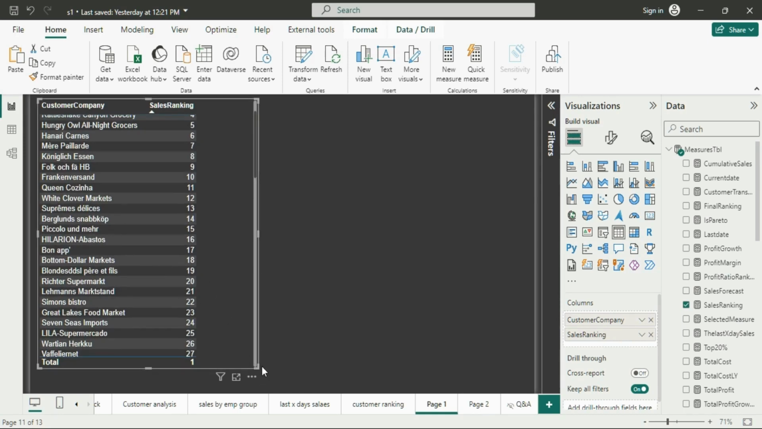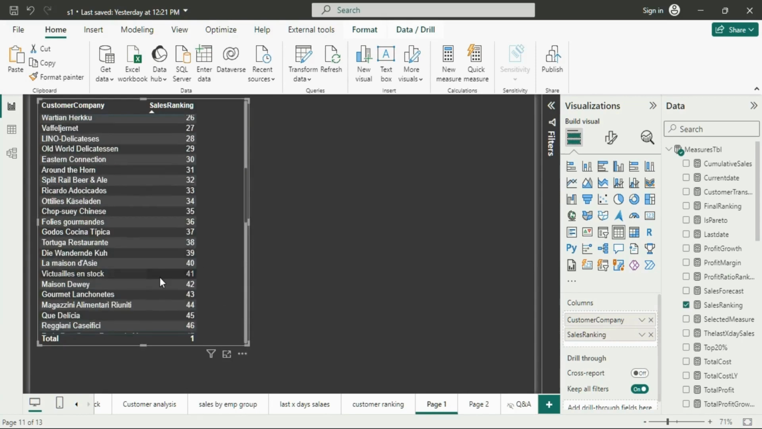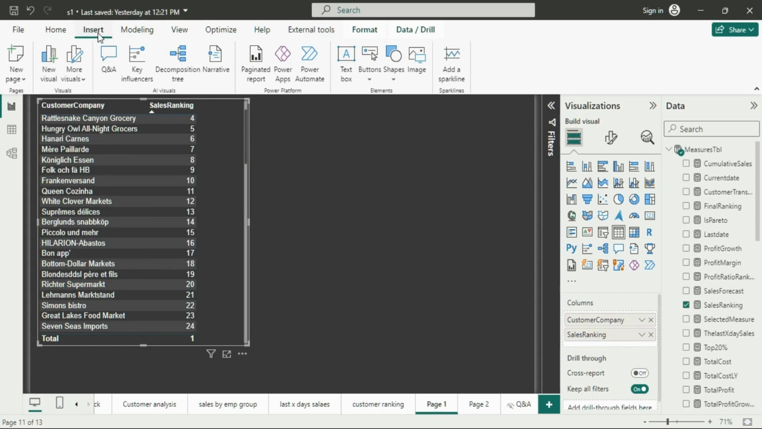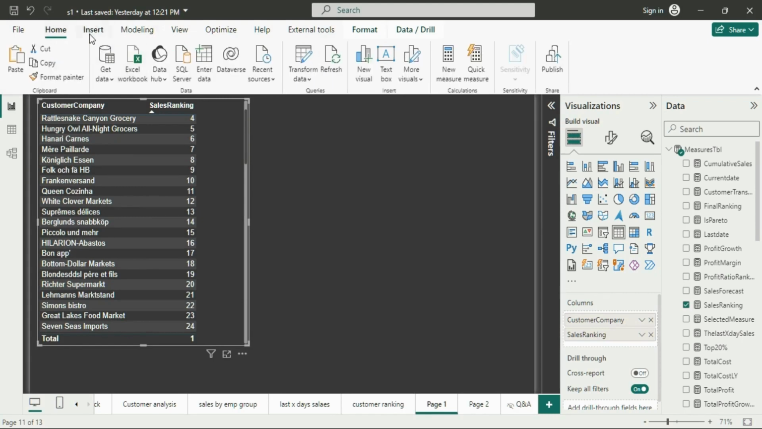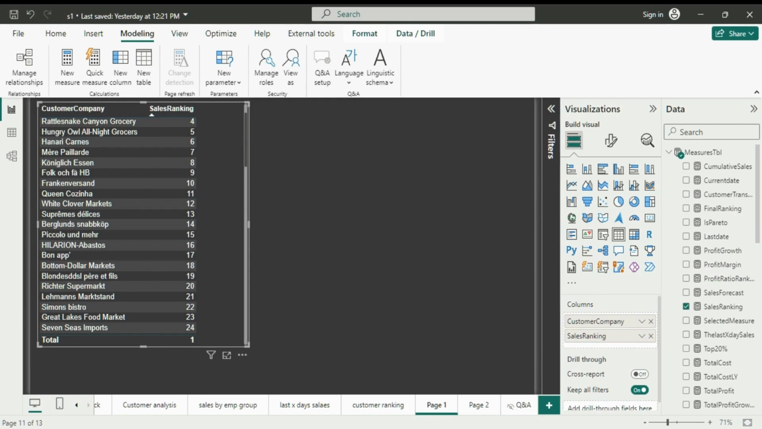We already saw we used parameters, so let's do that first. I'll go to the modeling tab, and here we have the new parameter, and I'll add the numeric range. Let's pass the parameter name; let's say it should be dynamic ranking,